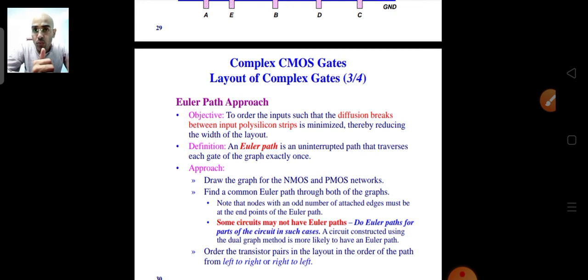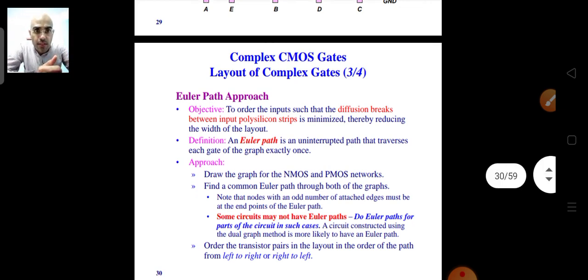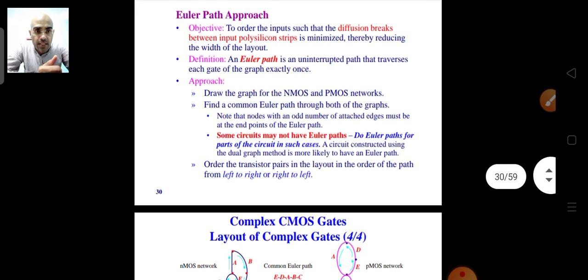So this is what our aim is: there should be a common path between the pull-up network and the pull-down network. Once you get that, if you draw your columns, your polysilicons, according to that, then the pull-up network and the pull-down network will be very much arranged. It will be very easy for you to make the connections, and in such a case, you will get the minimum area for the transistor. That's the reason why we do it. We'll do this in this particular example and see how to do it.